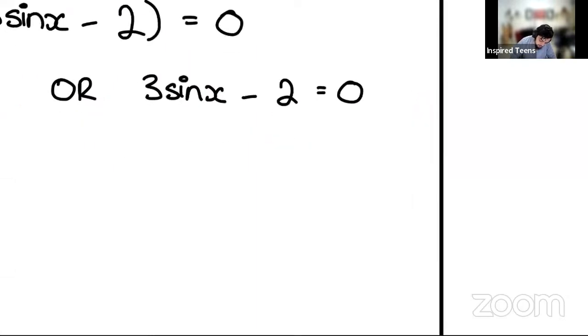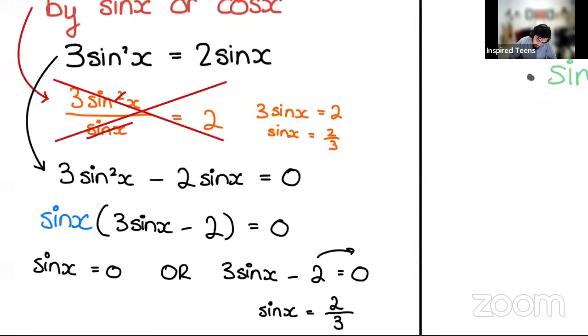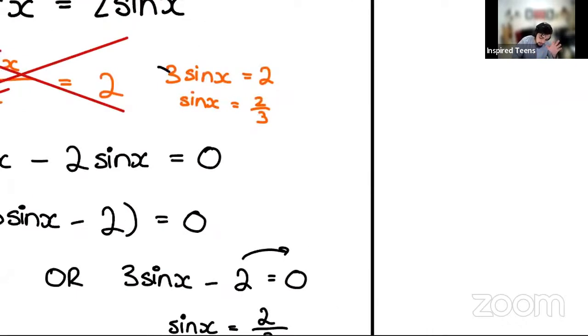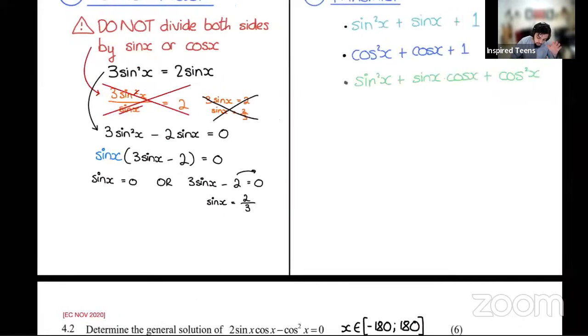Okay, so let's solve this here. In this case, when we simplify this, you take the 2 over, you take the 3 over, you're left with sine x is equal to positive 2 divided by 3. Yes, you have one of them, but in this incorrect example, you don't have this one. You're going to lose a mark for not having that solution because you canceled it out. Don't ever cancel out. This is the incorrect thing to do. Do not ever do it.